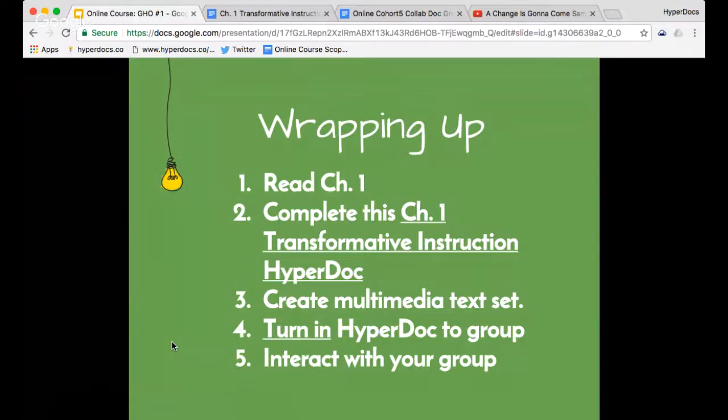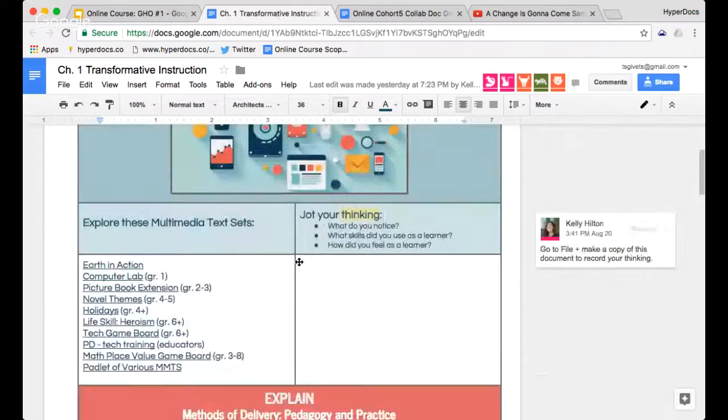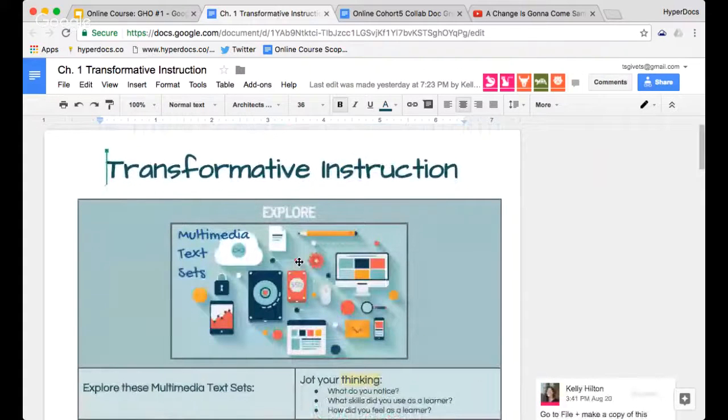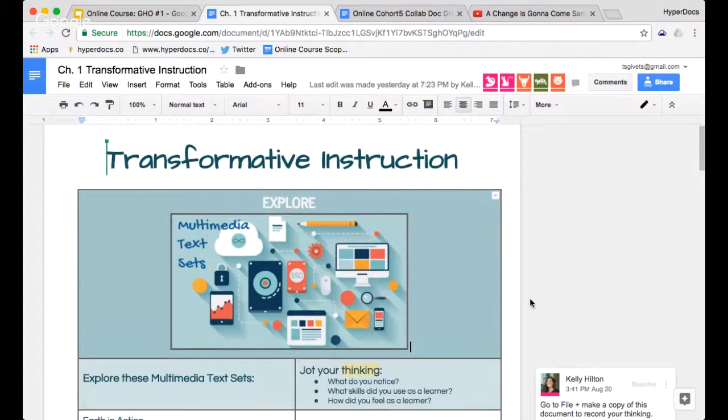So first week, we ask that you read chapter 1 and that you complete the chapter 1 HyperDoc. And within that, it'll ask you to create a multimedia text set. So here's the chapter 1 HyperDoc. And you'll notice that what we're modeling for you is a HyperDoc learning cycle, which we'll be talking about more